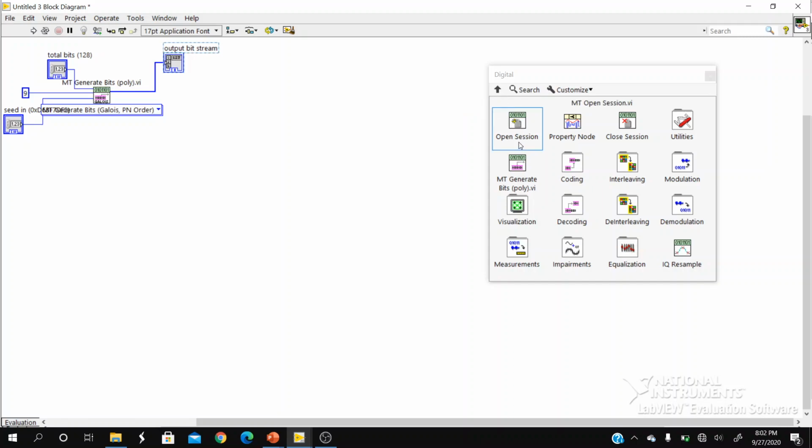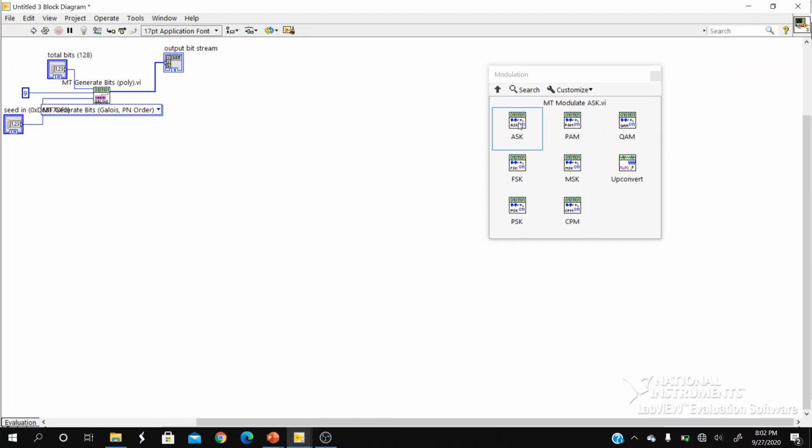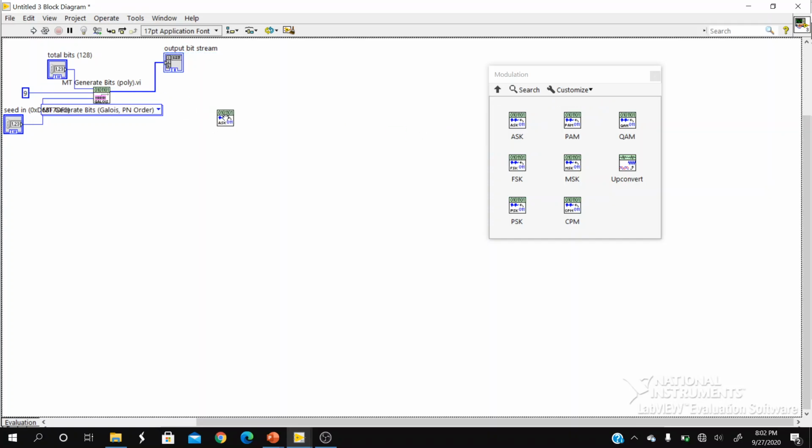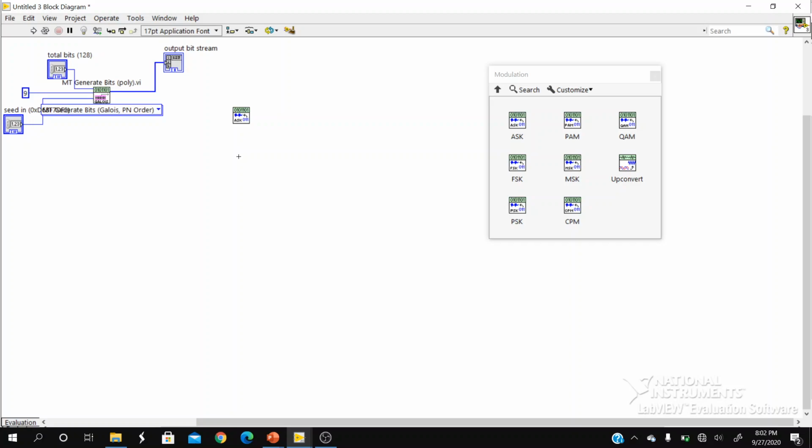Since I'm only dealing with the digital schemes, you can always be present on the digital palette itself. Inside the digital palette, to create a baseband modulator, there is an option called modulation. In the second row, last column, the fourth column, you have modulation. Click on modulation. You have the empty modulate ASK block. Click and place it on the block diagram.